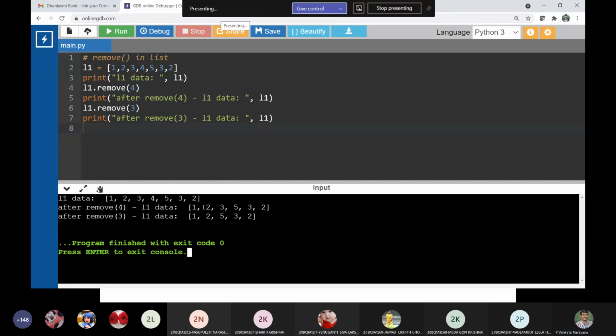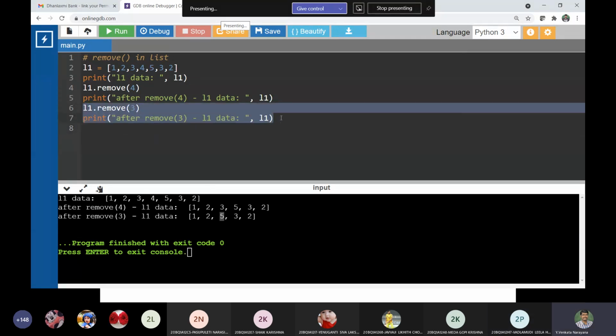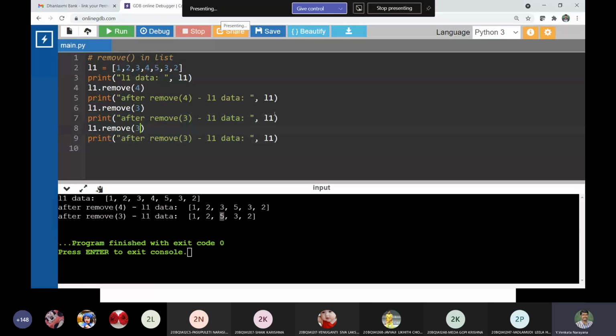See here, initially 3 values are there, but in the updated list there is no first 3. After 2 there is no 3 here. Is that clear? For example, as I said, I would like to remove 10.